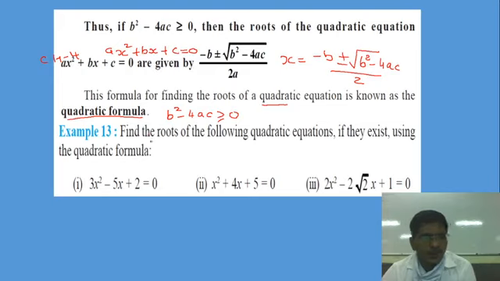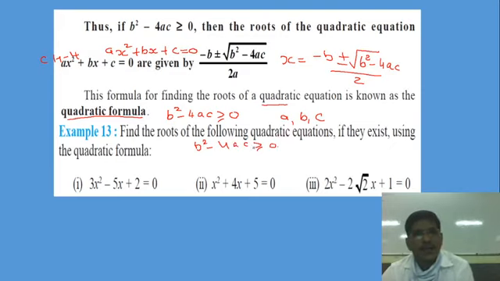It is very easy to find the roots because we are using a, b and c in the solution. In the previous lecture, we had to do factorization or find the roots by completing the square. But in this, we find the roots by using a, b and c, which are already given in the question. The criterion is that b square minus 4ac is greater than or equal to 0. That is the necessary condition.